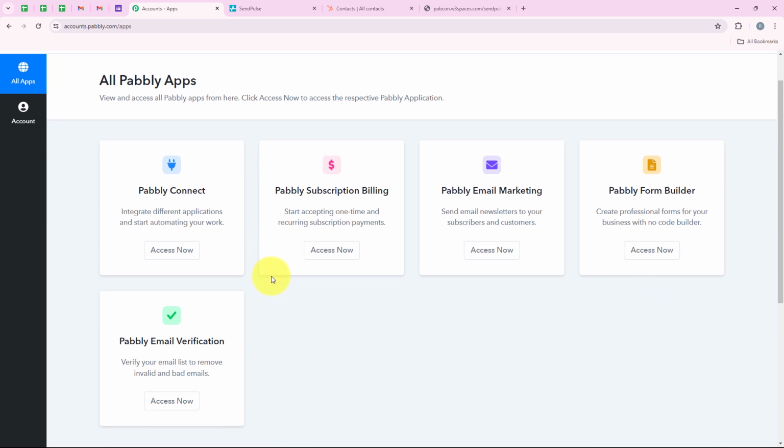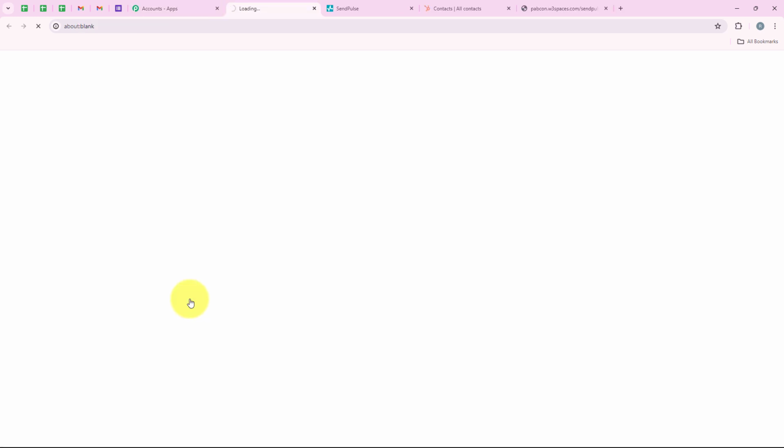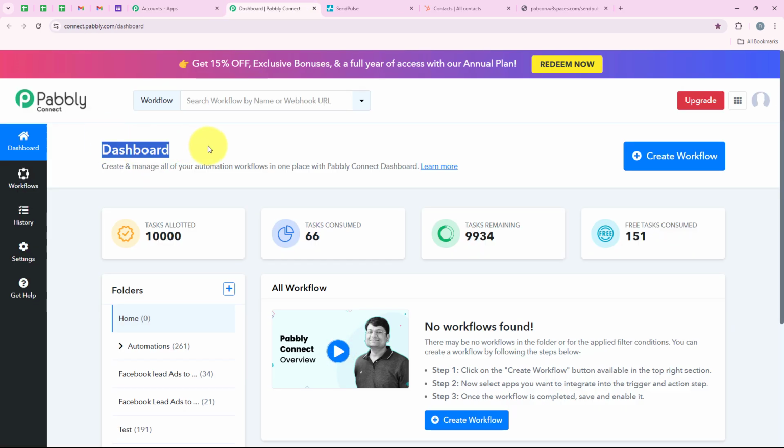Over here you can see all the tools and applications offered by Pabbly. But in today's video we are going to use Pabbly Connect because we are connecting different applications. So I'm going to click on access now right over here. And now it is opening my dashboard, and to start with the automation we are going to click on this